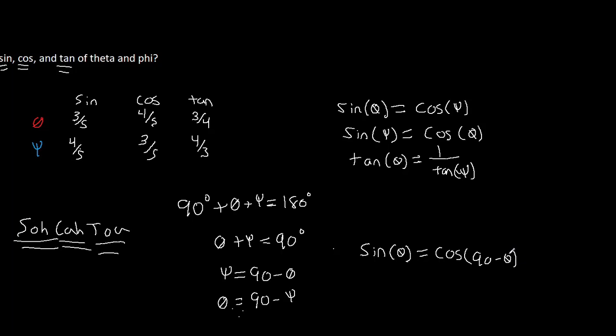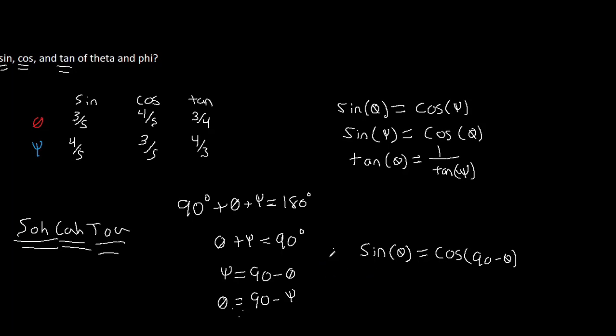So hopefully that makes sense. Hopefully I didn't take too much of a leap here. But we can relate sine and cosine based on this 90 minus whatever angle, right? So now we no longer care about phi. We've taken this relationship based on this table here, and we've removed the second angle from it entirely. And we're saying, given the sine of some angle, or given the cosine of some angle, we can figure out the other one,